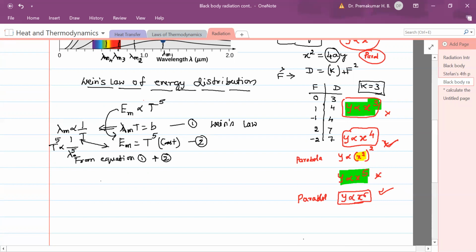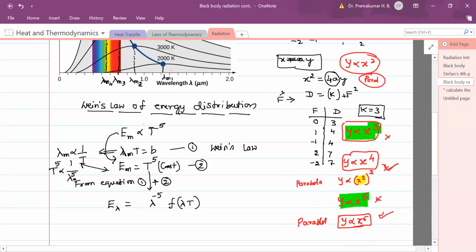If you join these two equations, I can write straight away, I can equate this, energy at a particular wavelength. Now, since we are writing in terms of wavelength, it is equal to lambda to the power of minus 5, because in place of T to the power of 5, it has become lambda to the power of minus 5. At the same time it's a function of lambda and T, like how the energy at a given wavelength for this temperature, because it is temperature dependent also, as you saw here.